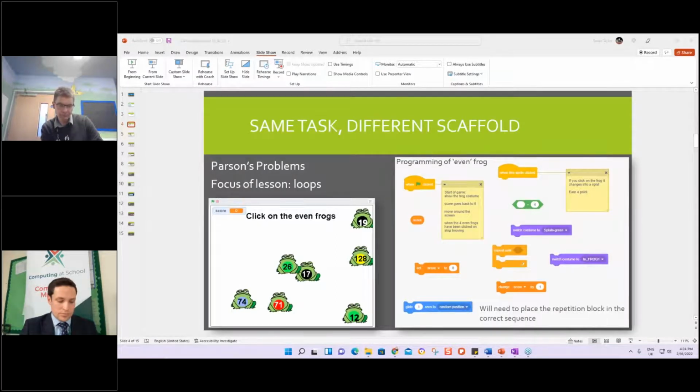One of my favourite go-tos with regards to structuring a lesson, which focuses on a specific aspect of programming, is the use of Parsons problems. This provides the learners with all the blocks of code that they'll need, that they then have to put together in the correct sequence to make the program run successfully. So you can use comments on the event blocks at the top to provide the algorithm and provide a bit of additional support.